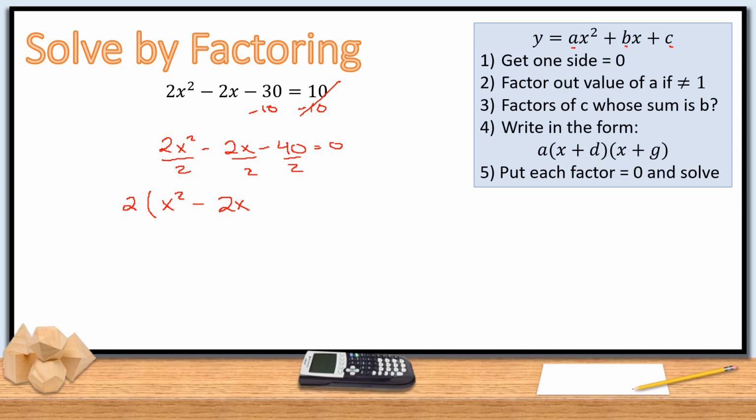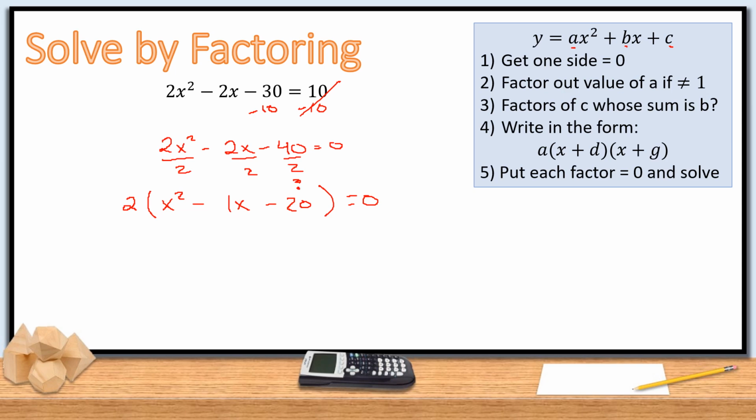And that should not be 2x. So we would have 1x and then 20. If I distribute the 2 back in, I will get back to my original equation, still equal to 0. Now at this point, we are asking ourselves, what are factors of the c value, which is now negative 20,